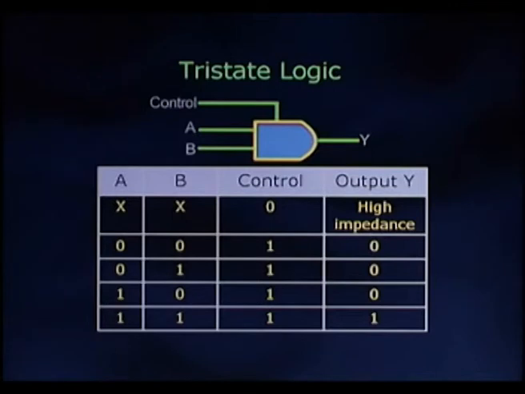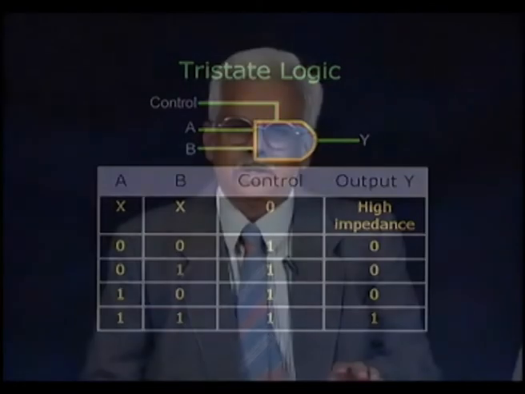The high impedance state at the output will ensure that the output of the logic gate has no effect on the input of the device to which it is connected. Such tri-state logic devices will exhibit high impedance when the control input is 0 and operate as normal logic gates when the control input is 1. Tri-state logic devices are available for all the types of logic devices that are generally available. So, you can either use a normal logic device or a tri-state logic device at the appropriate point depending on the requirement.